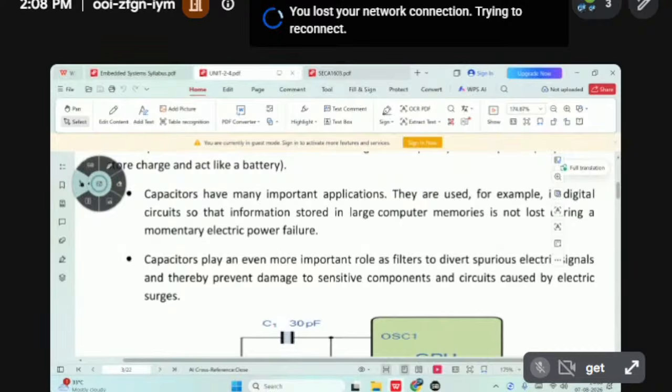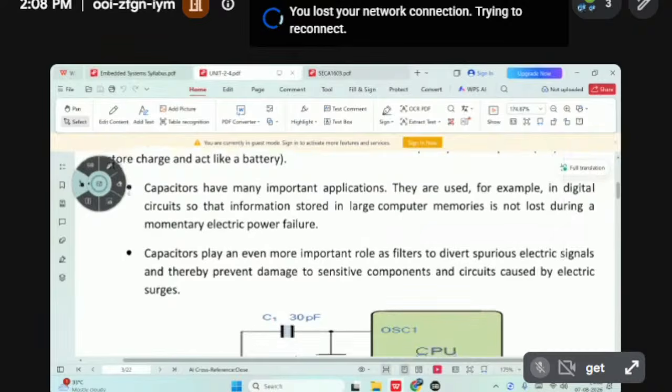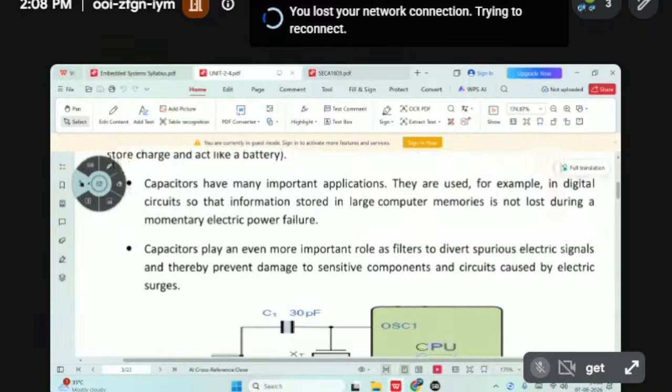So on the device we will have the resistors, capacitors, so many devices we have. So automatically these are the sensitive components. Whenever we have the high power, automatically sensitive components may get damaged. This is the second point. So with the help of capacitors, I can filter the excess amount of the charge,